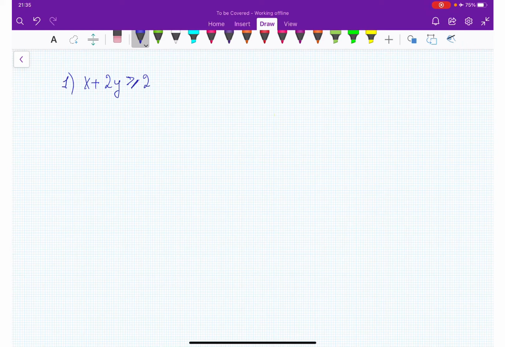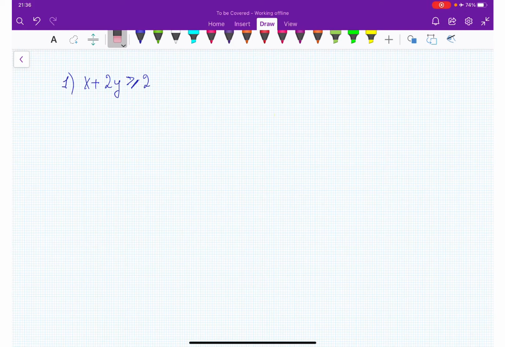You can use two methods. One is the method of intercept. The other one is the method of slope intercept. I would suggest, if the numbers are easy to divide by each other, like here, where x has coefficient 1, the y has coefficient 2, and here we have 2, then I would definitely use